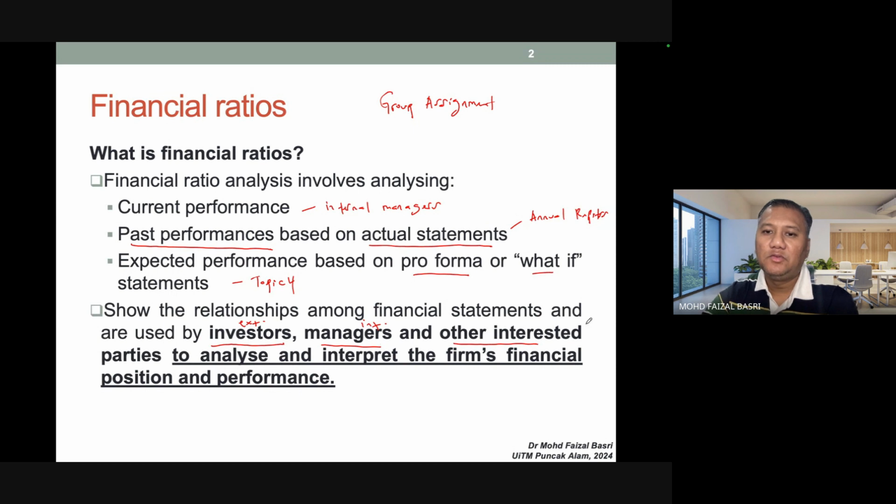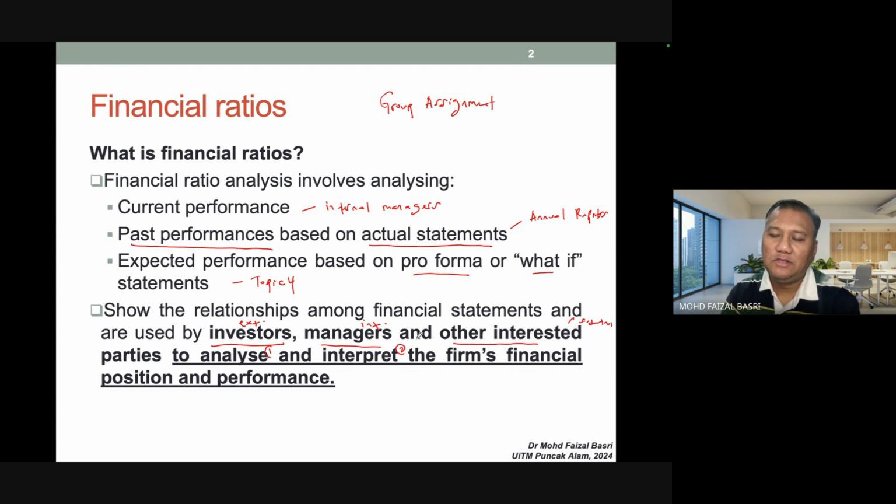financial ratios. Okay, the easiest example is students like you all, who have to pay extra attention to the financial statements and also the financial ratios. We use these financial statements to analyze and interpret. So there are two elements here. First is to analyze. Analyze is usually when you do your calculations based on the ratios. And secondly, from the output of your analysis, you have to interpret the results of the ratios for each